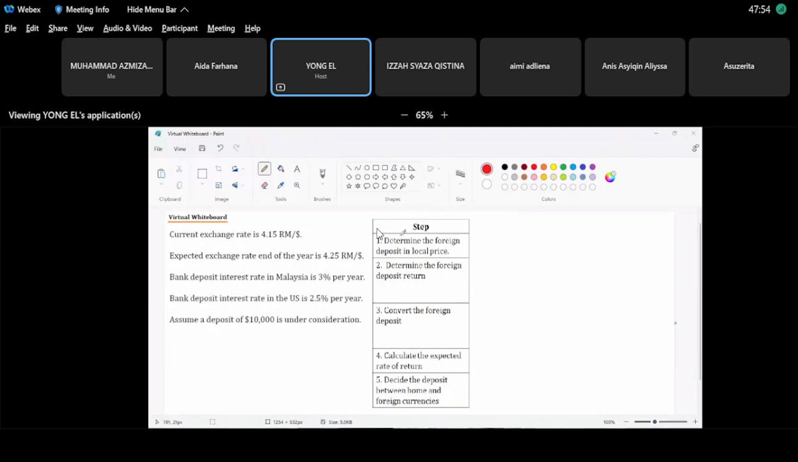Number 1, determine the foreign deposit in local price. This is what I explained to you just now. We need to determine how much local currency we need to pay in order to get the amount of foreign currency that we want. The foreign currency that we want to invest, according to the question here, is 10,000. So how much local currency do we need to pay? Then we need to use the current exchange rate, which is 4 ringgit and 15 cent. From here, I just write here